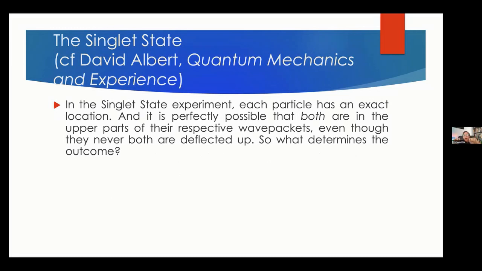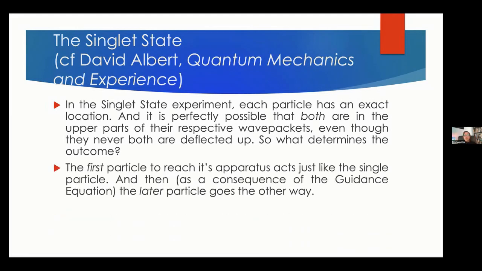In this theory, I also have the precise positions of the two particles. And you might think, well, it must be that always one particle starts out above the midline and the other starts out below the midline, and that's why this one goes up and that one goes down. But that's not correct. In this theory, they can both start out above the midline, or they can both start out below the midline. And then you might say, well, but then what determines which goes up and which goes down?